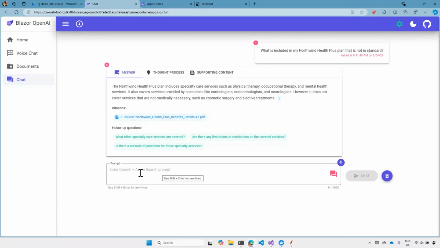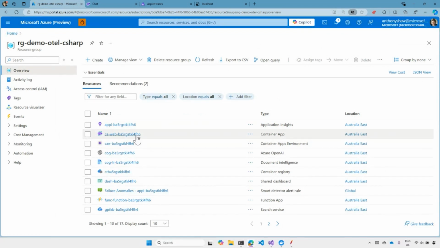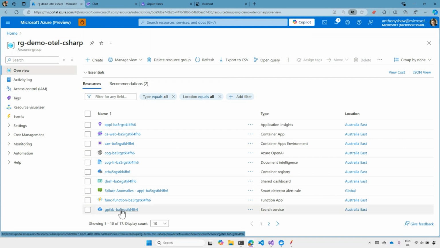So this is a production app that I've got deployed. It's got a number of components. I mentioned the container app that's running this ASP.NET service. We've also got things like Azure Functions, which does some of the archiving. We've got the search service component.